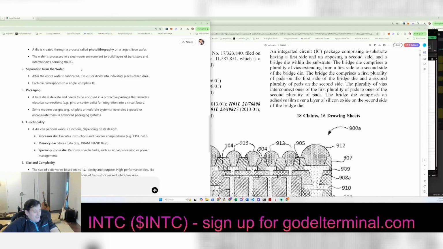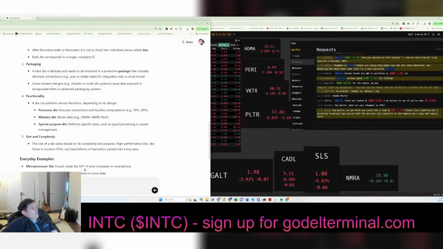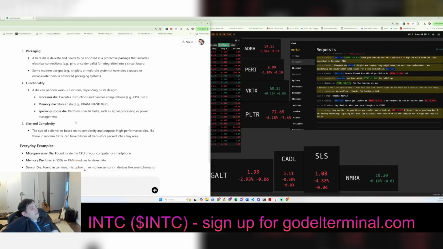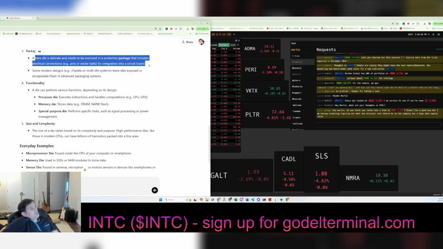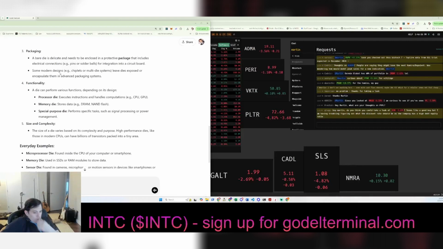Yeah, I know how to use GPT. Each die corresponds to a single complete IC. Okay. A bare die needs a package for integration into a circuit board. Usually,